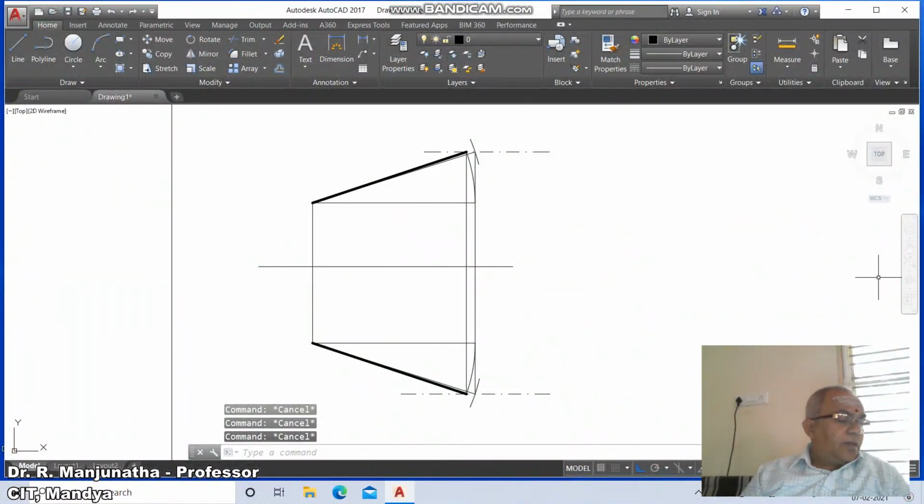Okay. Now we go for the dimensioning. So before actually going for dimensioning, first we're going to write the text.